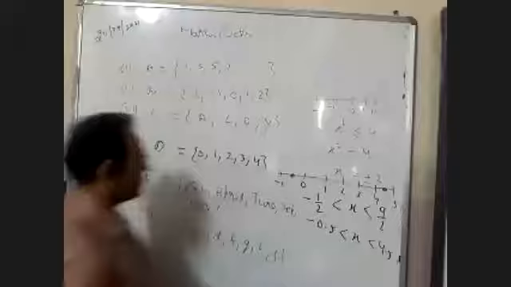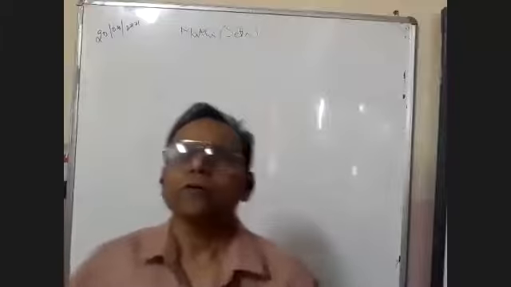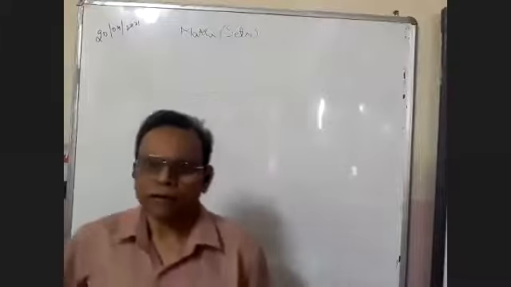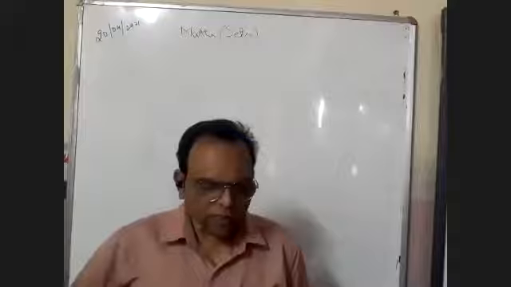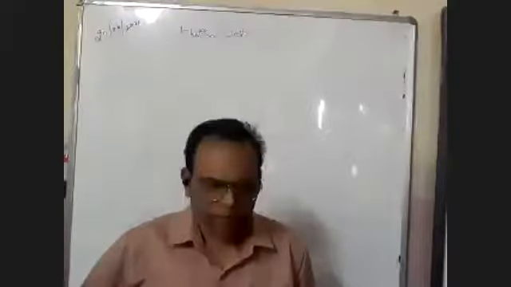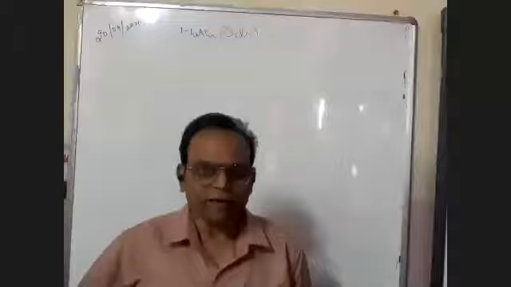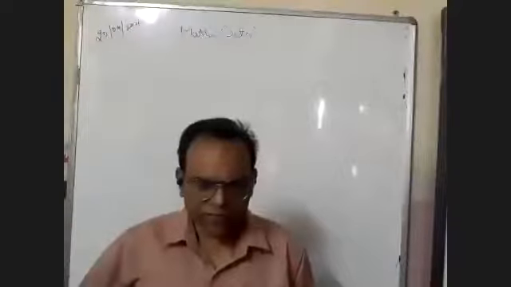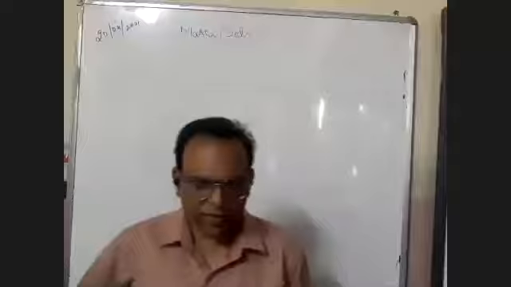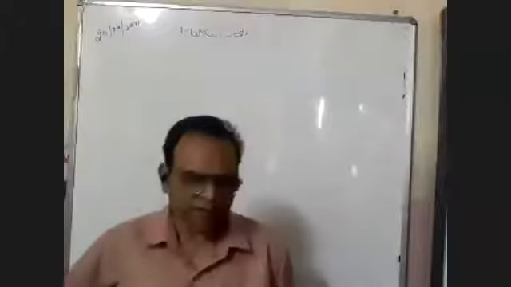This is question number 5. I am just telling you 1, 2, 3, 6 have the property. It is a divisor of 6. है ना? 2, 3 क्या है? 2, 3 is also a divisor of 6, but it is a prime number. You can join it with part A. X is a prime number and a divisor of 6. The next one is mathematics. Mathematics, as in the letters of the word mathematics.